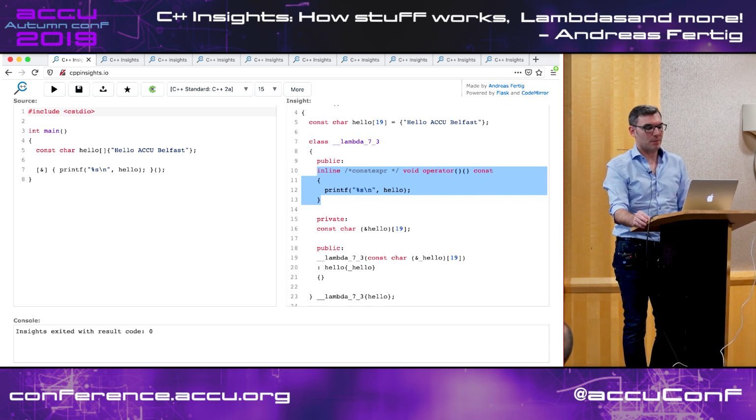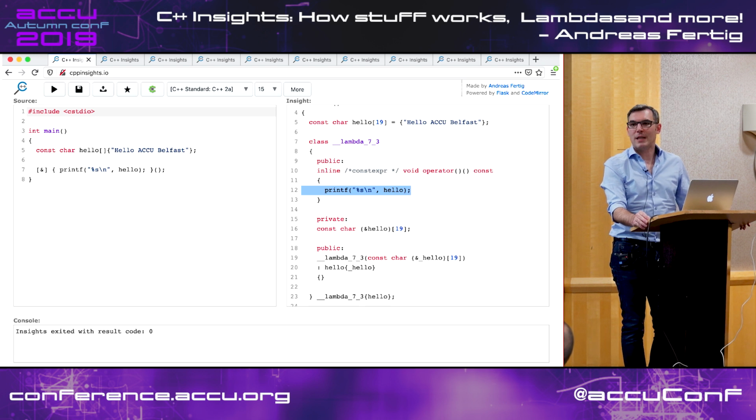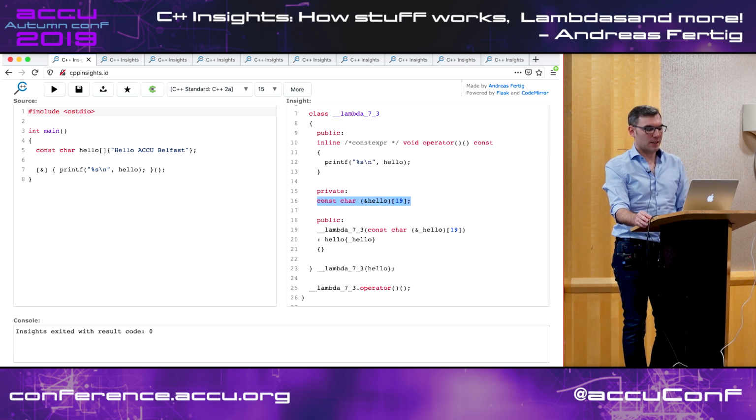And it contains the body of the lambda I wrote on the left. And of course, the compiler further takes care of whatever I did like to capture. In my case, it captures a reference to a const char array of size 19. And then it initializes that thing, and below here, this is the invocation of the call operator.